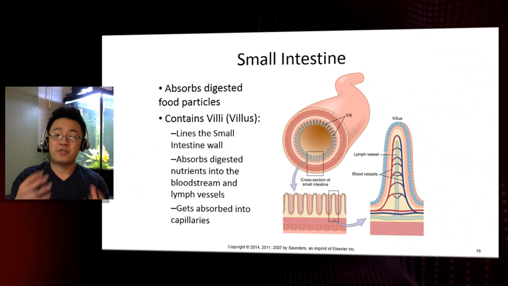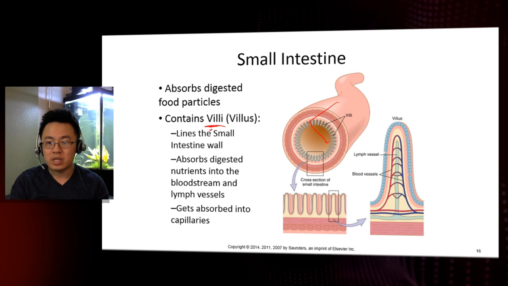Now, once the foods have finished digesting down, the stomach will send a chemical signal to open that pyloric sphincter to allow food to go through into the small intestine. Once the food lands in the small intestine, that's when the absorption process begins. And in the intestine, we have a lot of these little villi. These structures in here are known as villi, and each individual finger-like structure is known as a villus. You remember from the previous chapter, us is a singular form and i is a plural form. Now these villi line all over the small intestinal wall, and one of the reasons why, if you think about it, is the villi's function